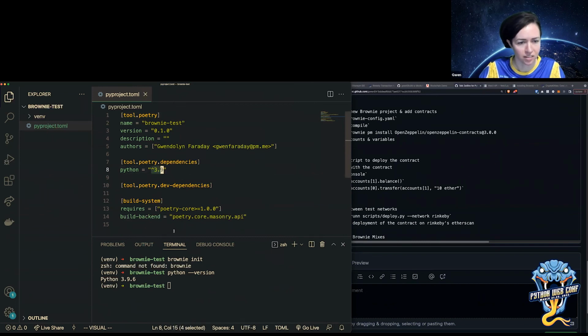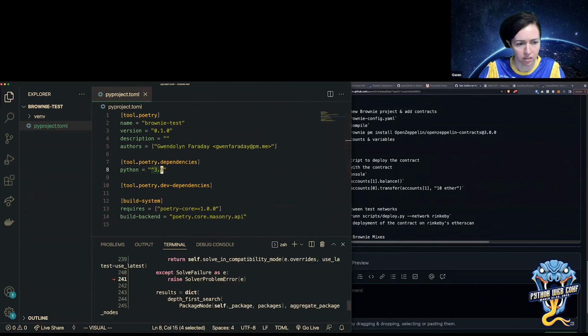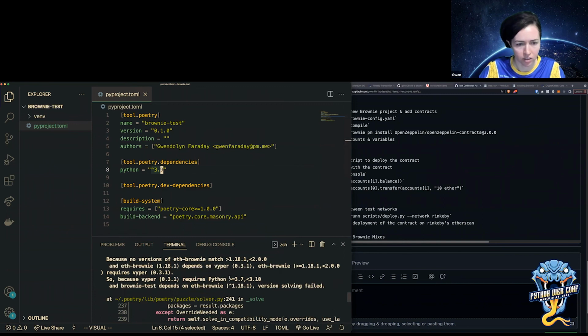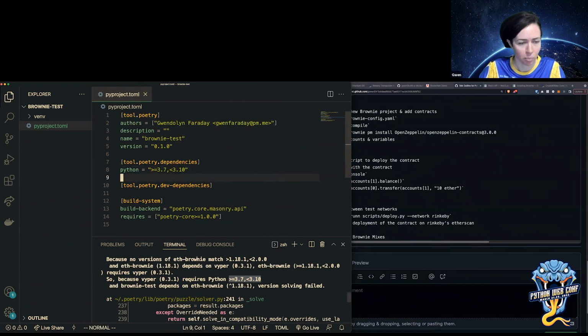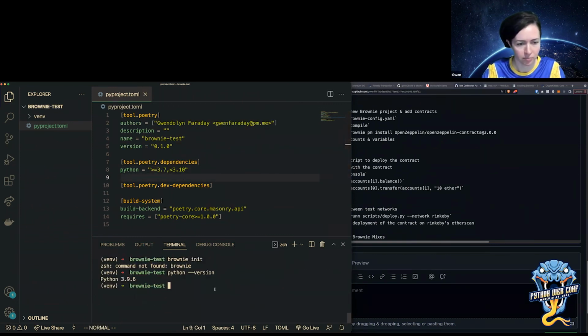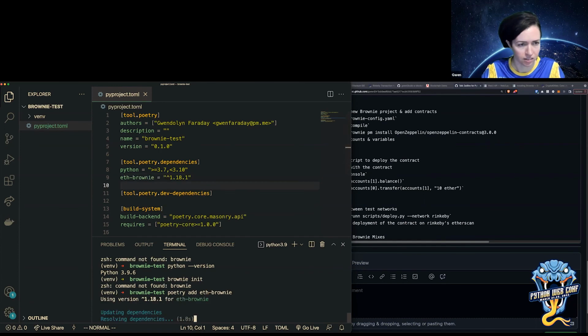Oh wait, I thought it auto copies, but it doesn't in the VS Code terminal. Okay, let's see if that works. Oh, wait, I have to use poetry. Okay, that's working. Good.